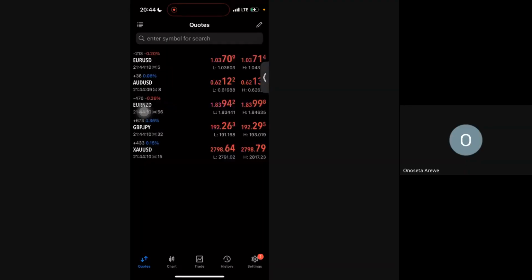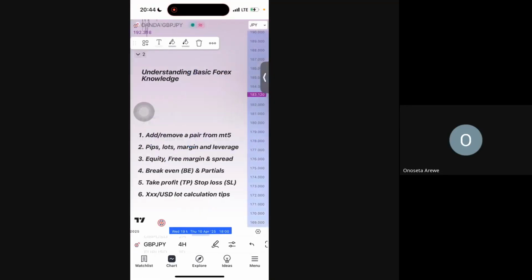XAU USD also is calculated with two decimal places, but they don't use pipettes. They don't use pipettes. So if you check your MT5,